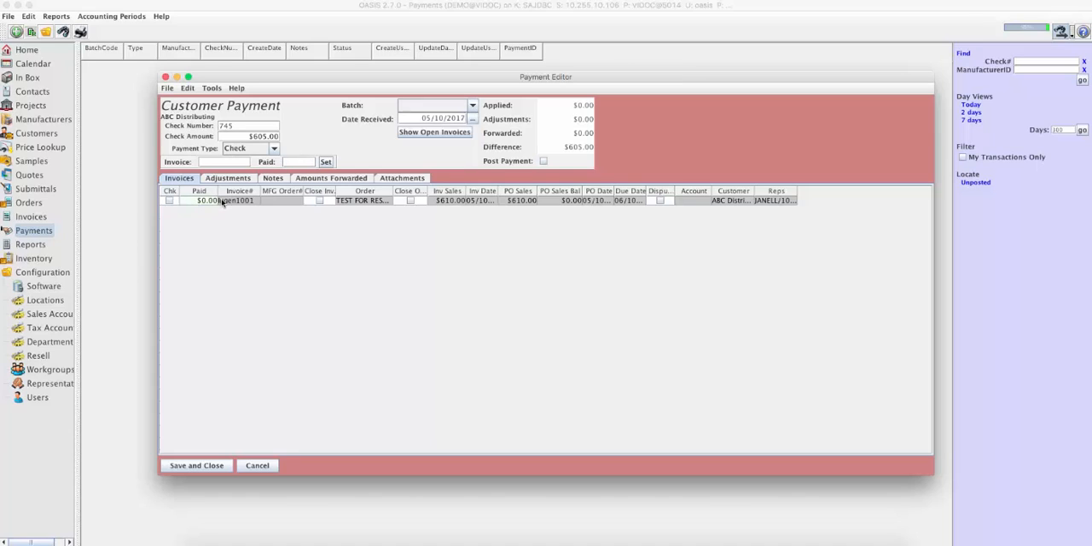Once you have the invoice on the listing, you can click the checkbox right here, and what that does is it takes the full amount that was due and puts it in the paid column. In this case, we only received $605, and the invoice was for $610, so it's showing a difference of $5. So you could allow it to go ahead and close the invoice and close the order, or if you needed